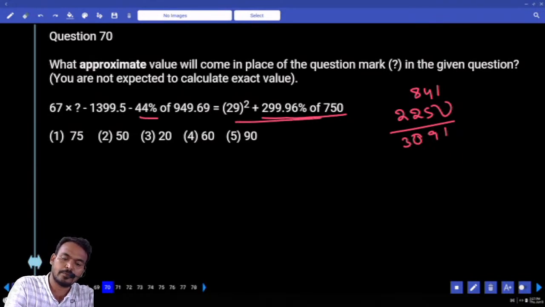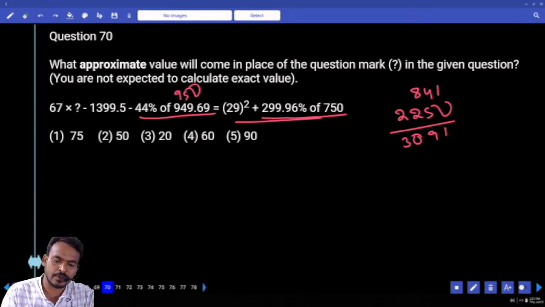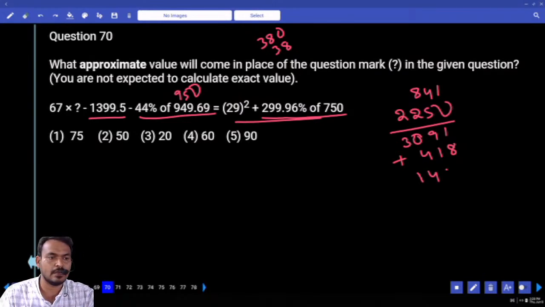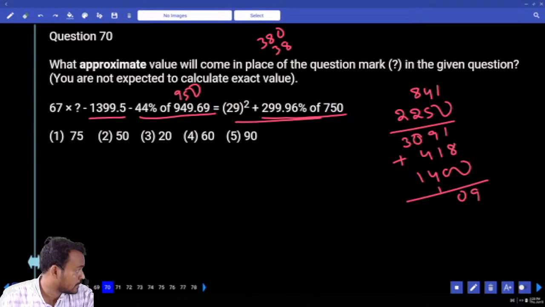Again, 44% of which one? 950 or not? 44% of 950. What is the 40%? 380 or not? 40% is 380. What is the 4%? 38. Total it is 418. Adding or subtracting? Adding. Next, again 1399.5. It is considered 1400 or not? Adding or subtracting? Adding. Total it is 0, 9, 14 plus 1, 15 plus 4, 19 plus 30,